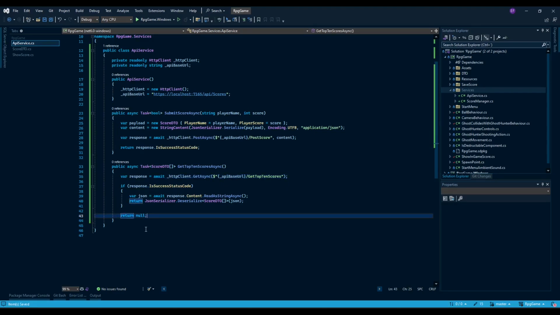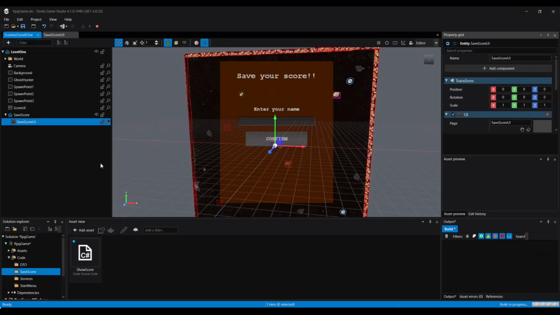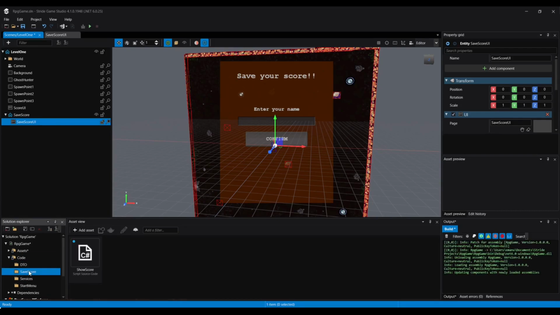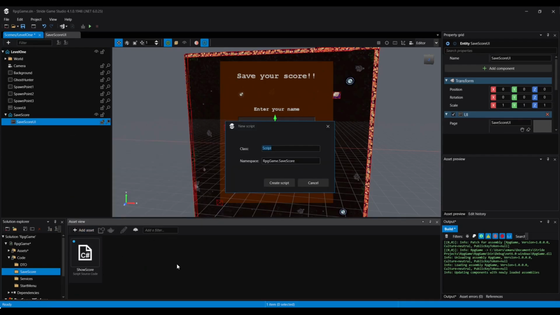Let's save this, and we are ready to add our scripts for the confirm in the save score window, and also another script that we will create to see the top 10 scores. Next we are going to go back to our game Stride editor, and we are going to our code folder, and in the save score we are going to add another script, and this time it's going to be an async script because we are making requests to an API. The code might not return right away, so we need to make this an async script. So this is going to be the confirm button click,